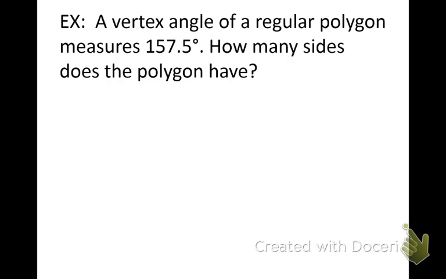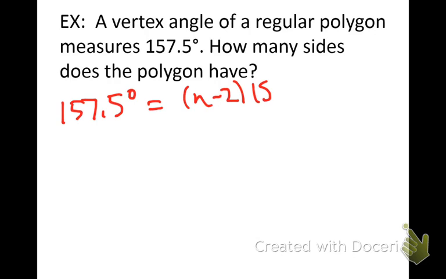The vertex angle of a regular polygon measures 157.5. How many sides does the polygon have? How can we figure this out? It's not asking for the angle measure, it's wanting to know the number of sides. What would I do? Okay, well, I do my 157.5 degrees, and I set it equal to the equation we just derived. n minus 2 times 180